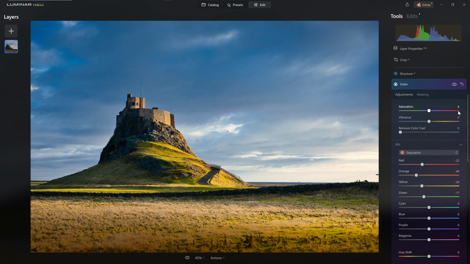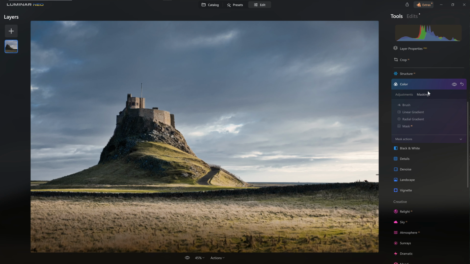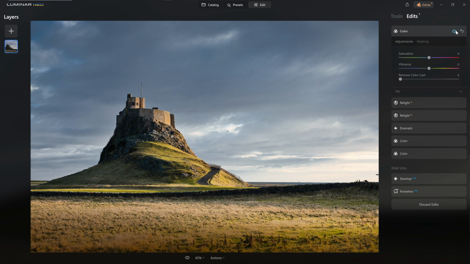Now if I double click the saturation slider to reset that, and we toggle our before and after, yes, it's affecting the whole photo at the moment, but predominantly it's the foreground here. And again, we can use a mask, which we can click from the bottom, drag up, so that it's only affecting this area here. So again, I've closed the tool, so that's now popped over into the edit section, but it's accessible to me. Here's our before, quite orangey on the ground,